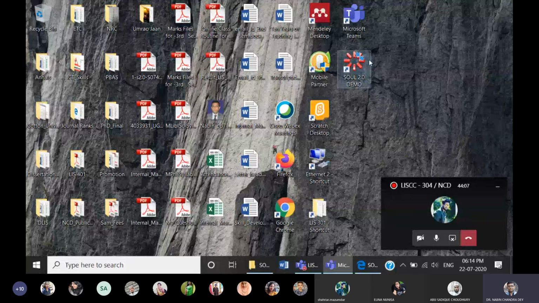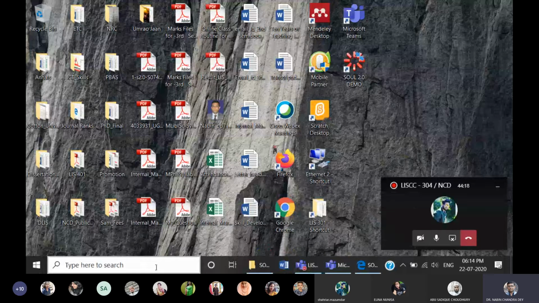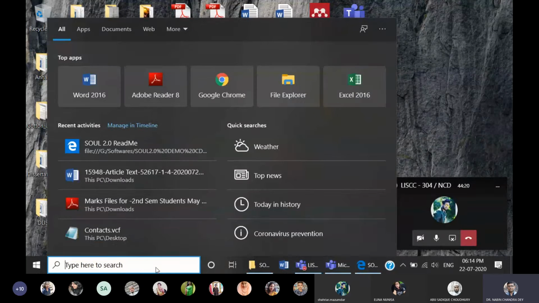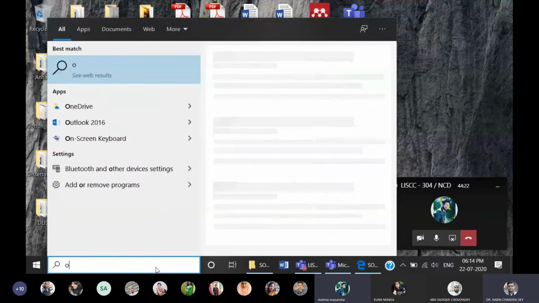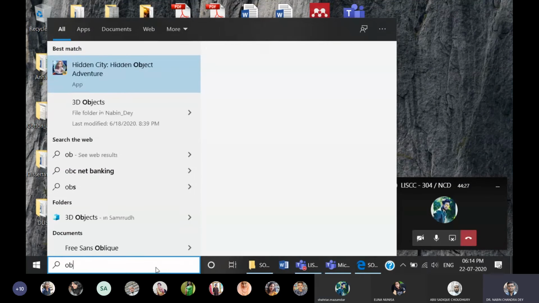See, you can see this icon has come up on my desktop. Can you see it? Yes, sir. Now, sir, I have to do some other settings. I have to go to control panel or ODBC.